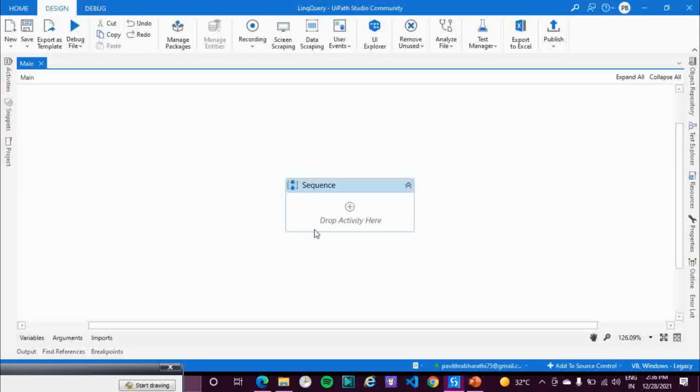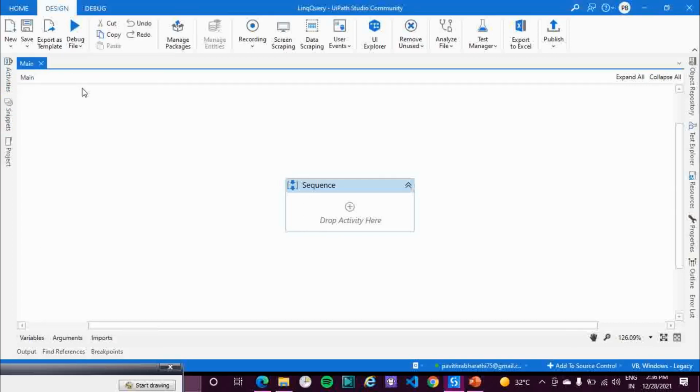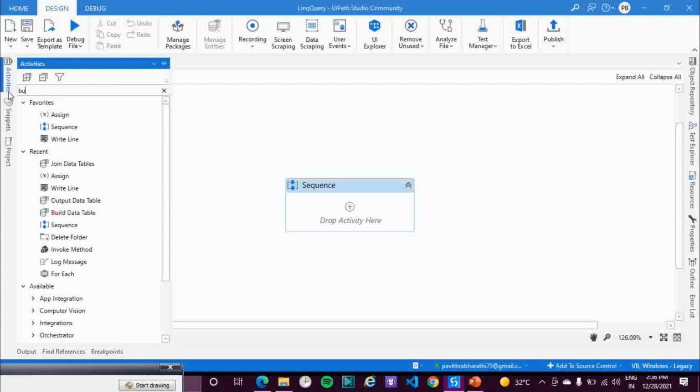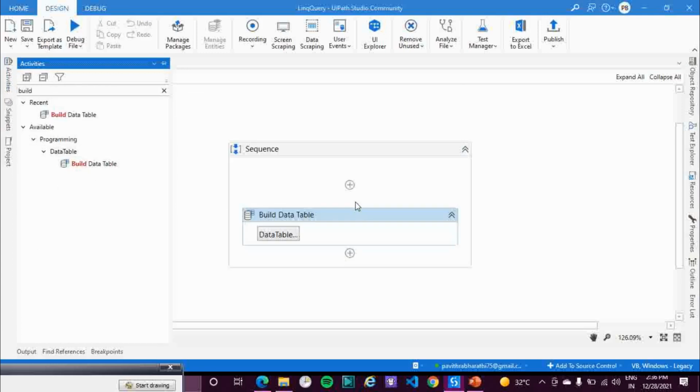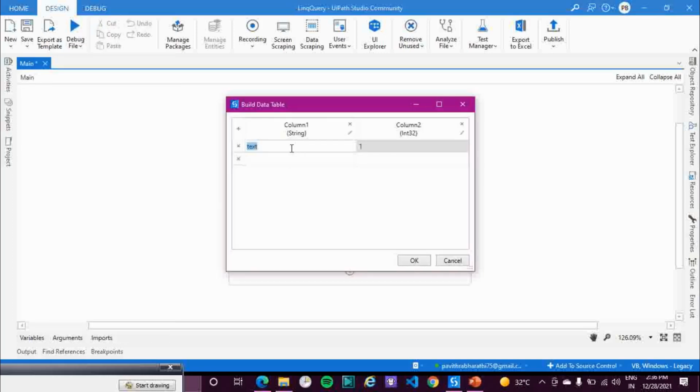Let's go into UiPath and write the code for a join operator using UiPath. So let me first create two data tables. In column 1, let's say I have the name Sam, again and then Ram, 2, again Sam, 3, and then Ajay, 4.